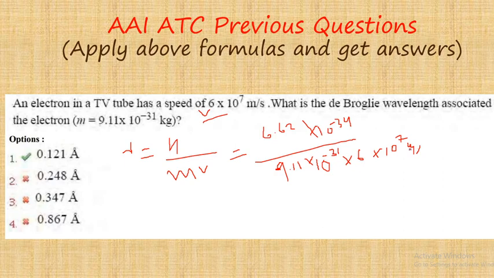So just do the calculation. Once you do the calculation, you will get the answer 0.121 extra. So this is what we have. I hope this question is also clear now. Let's move to the next. Let's see what we have. Next question is